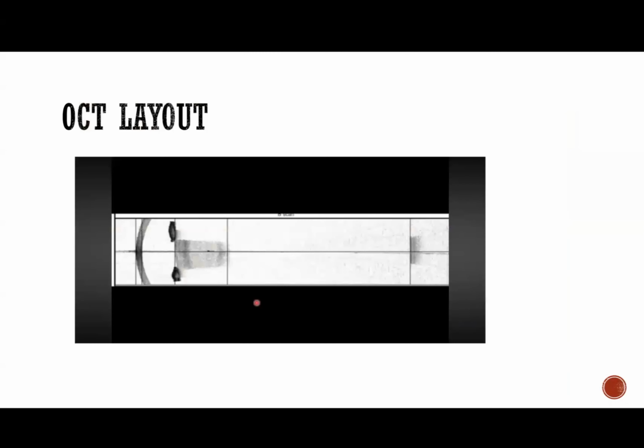And this is the OCT layout we will see in the IOL Master 700. So this is the cornea, this is the iris, and this is the anterior surface of the lens. This is the posterior surface of the lens, and this is the fovea. That is why, as I told you, if there's any sort of problem happening in this area, it will be picked up, and we can re-evaluate the macula before confirming the biometry report.